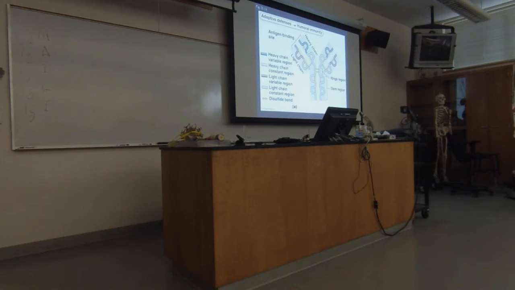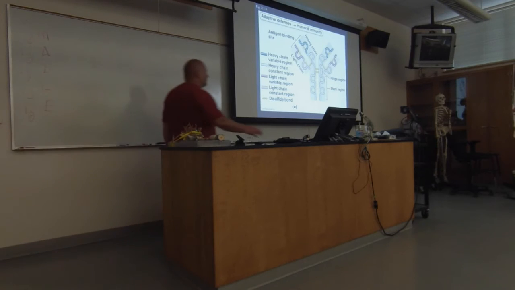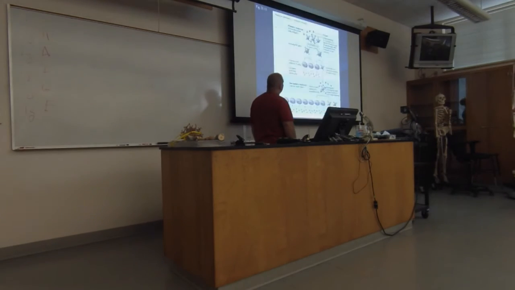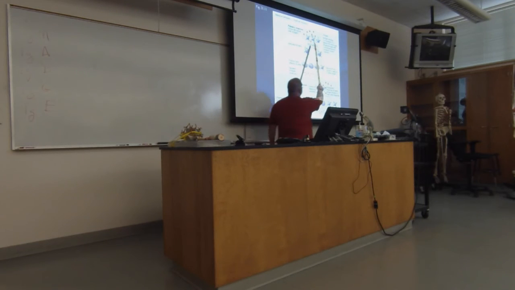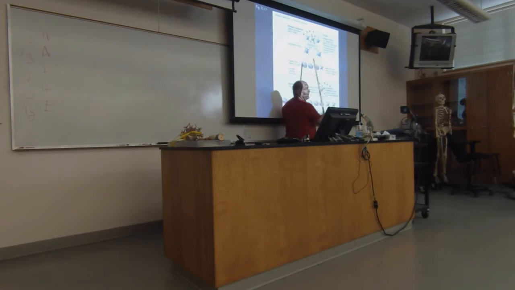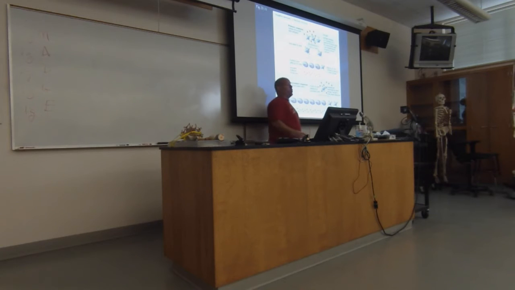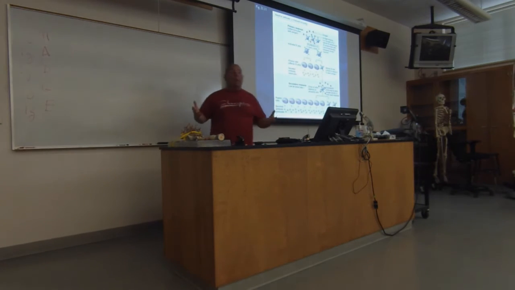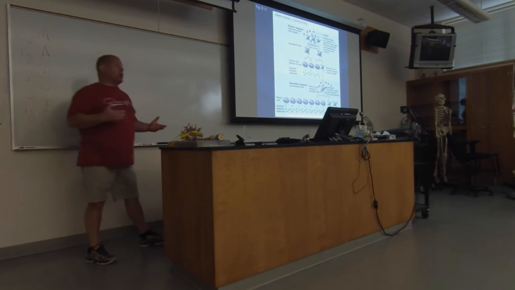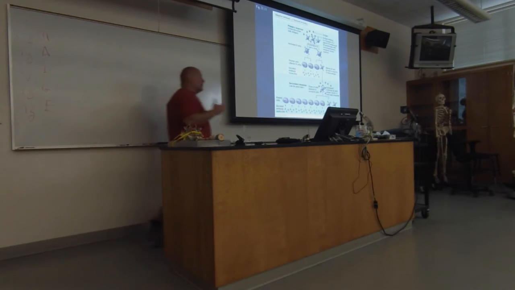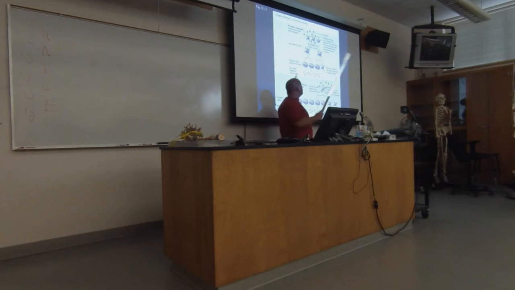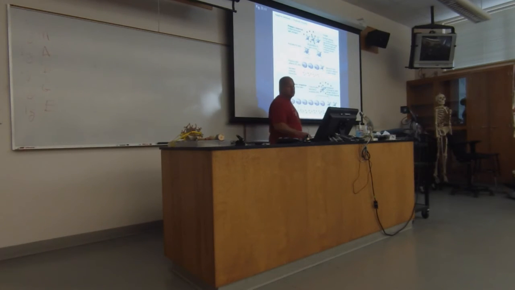Now, IgDs, if you go back to this picture, see these things sticking off the B cell? What do those look like to you? Ys, which are antibodies. Those are IgDs, the receptors that are on the surface of the B cells.